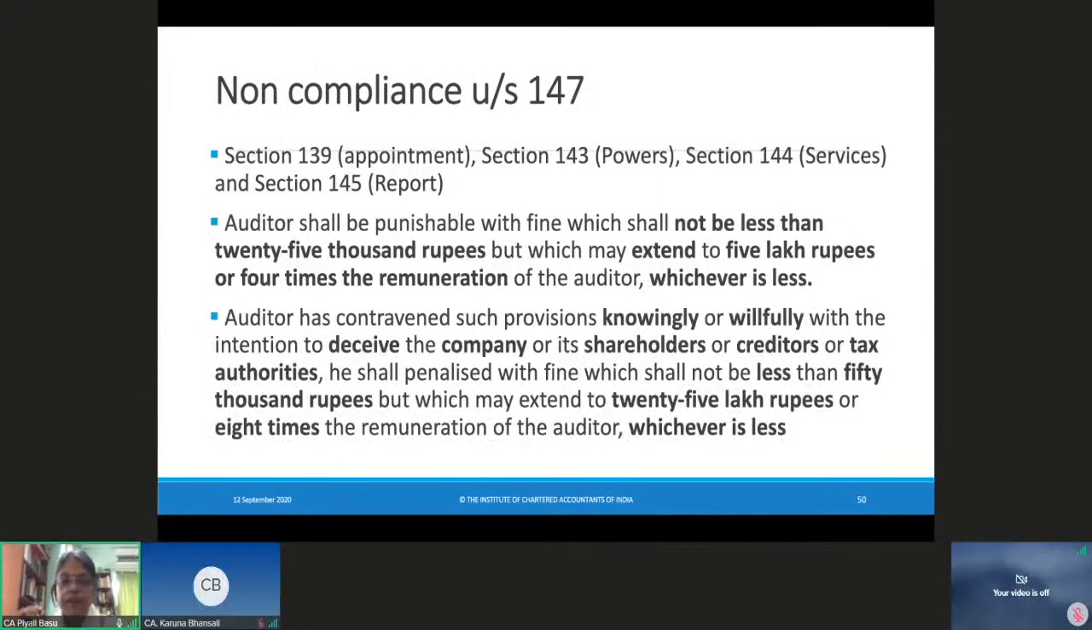direct, indirect, whatever, the auditor will be penalized with a fine which shall not be less than 50,000 rupees but may extend up to 25 lakh rupees or 8 times the remuneration of the auditor, whichever is less. Okay, so keep that in mind for your exam purpose. Now, to keep in mind the